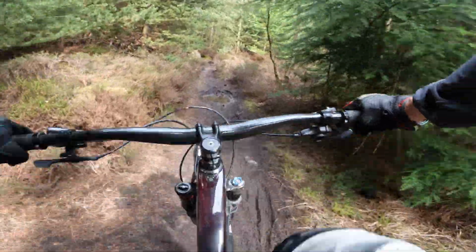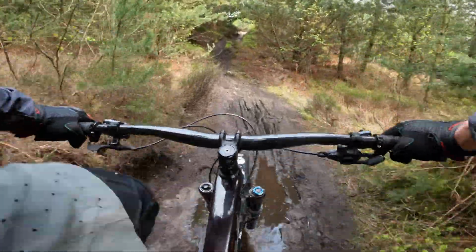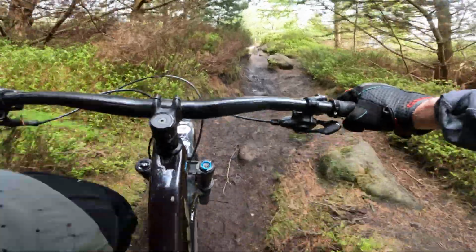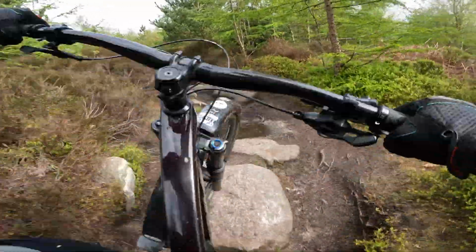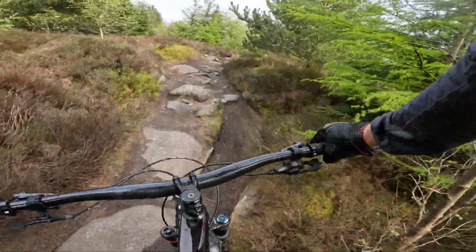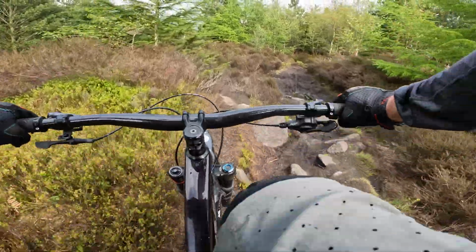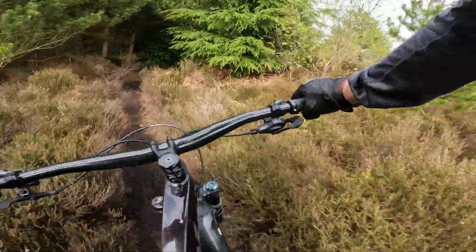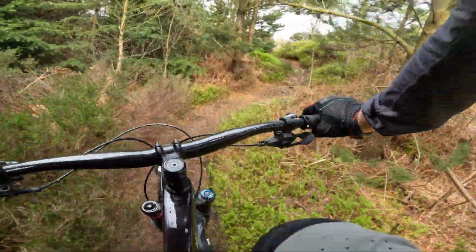This is actually the 22 model. 23 bikes will come with a 130mm Pike, so you're going to get slightly more capability in the fork, a slightly slacker head angle, a little bit more ground clearance, but obviously that's going to add some weight as well. Just the big win here is that even though